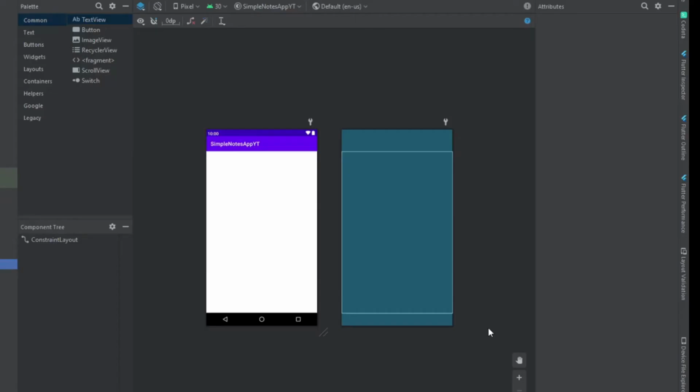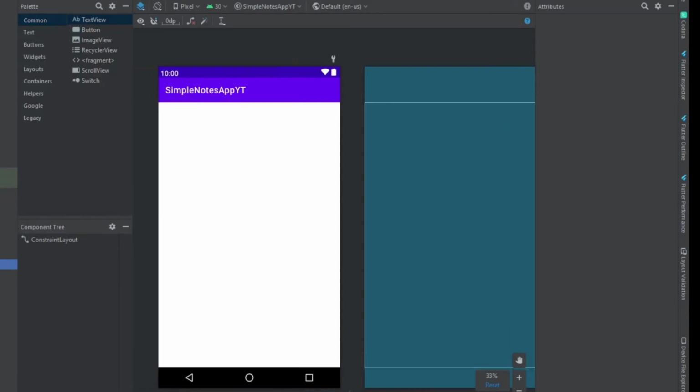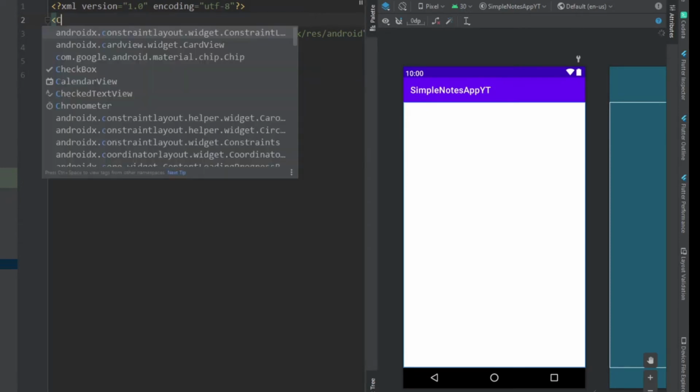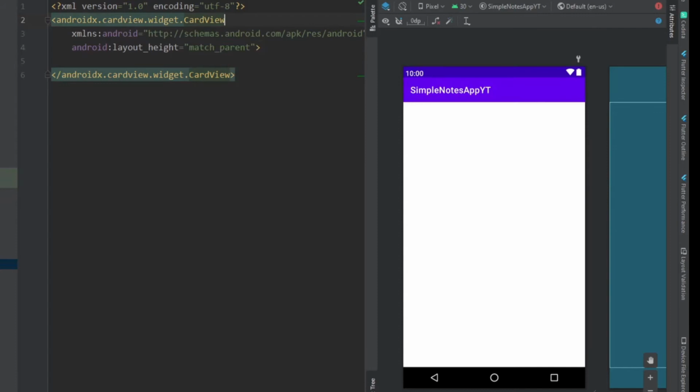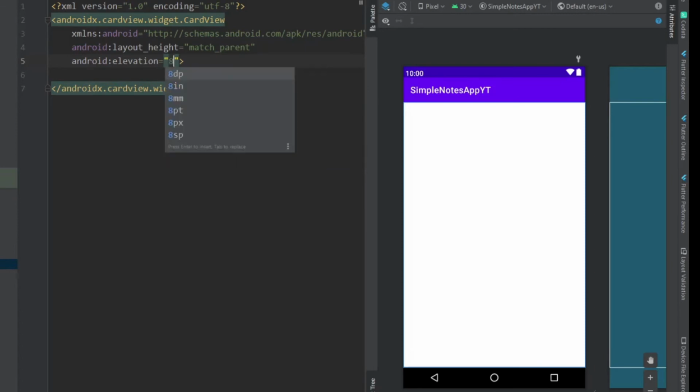So for this fragment, first of all, let me zoom it. Okay. So here we first of all need a card view, and inside that we'll be using the constraint layout. So split the screen, and so here just change the constraint layout to card view, and we will give it an elevation of 8 dp,